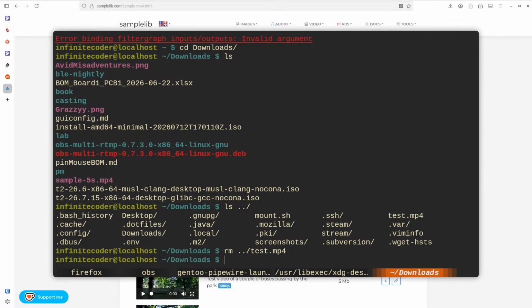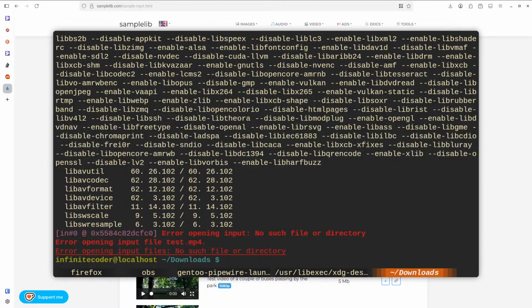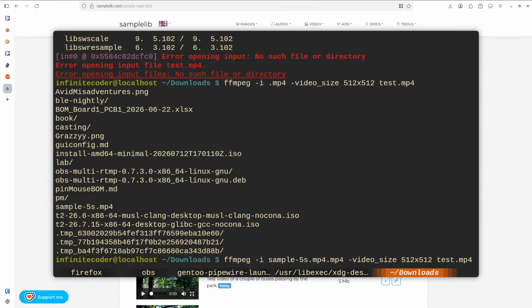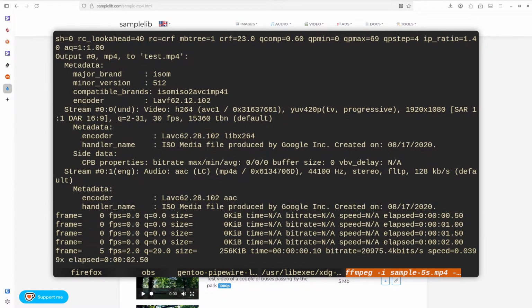Get rid of that. So now we try ffmpeg -i test.mp4 -o test.mp4. I want to resize it to video size 512 by 512 so that it actually does something. On the side is sample 5s. So this does record.